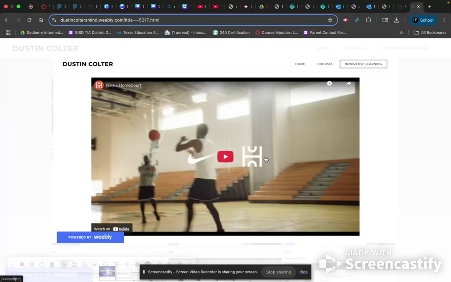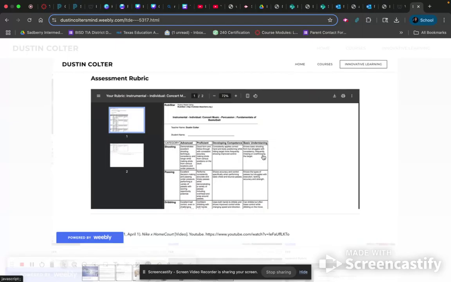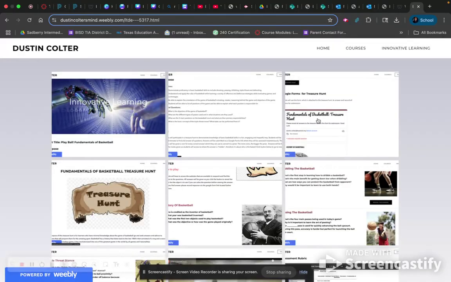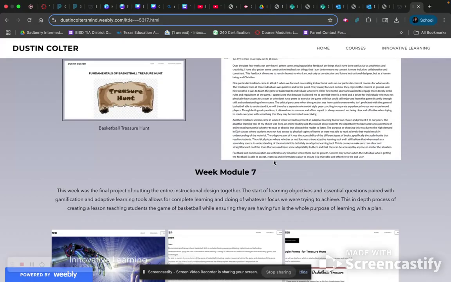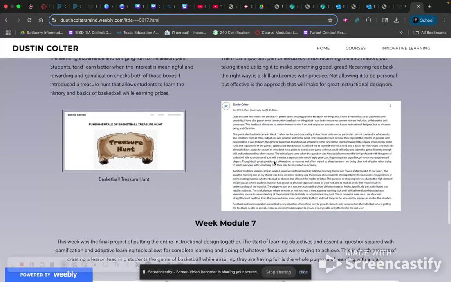This is the Nike home court app. This is my gamified unit section, or my adaptive learning tool section, excuse me. This is the adaptive learning that I paired within my unit instruction that kids can learn. And obviously, we finished with the rubric. A rubric is a great way to assess what was done, how effective it was, and this is the way you gather feedback. So this is my learning design unit of instruction, week 1 through